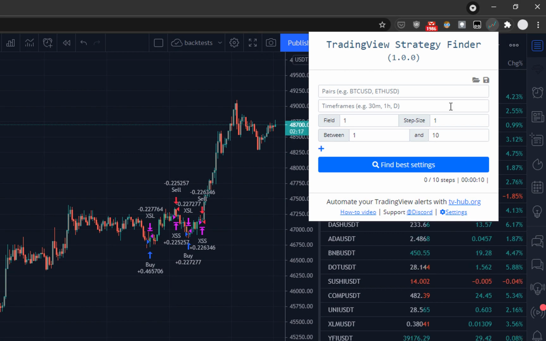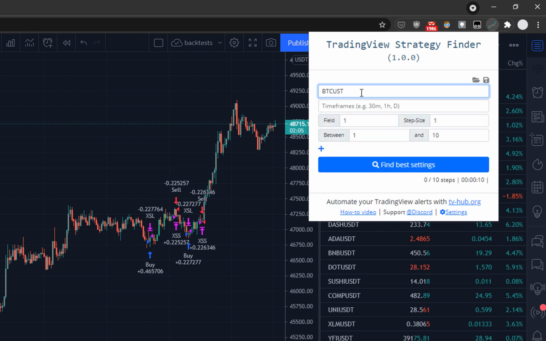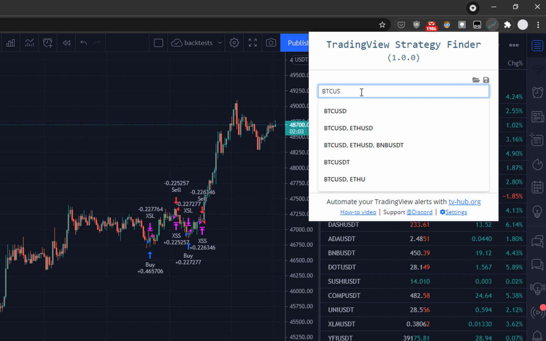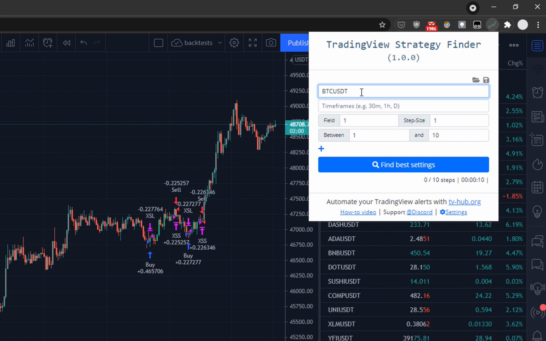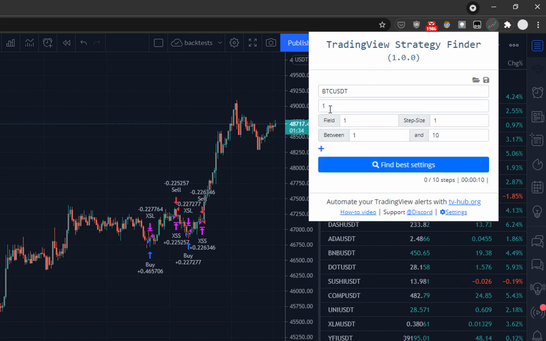Now back to the Chrome extension UI. First, you need to specify your pair that you want to trade. So like BTC, USD, or if you want to test multiple pairs in a row, you can just separate them by comma, like this. Next, you have to specify your time frame, and you can do it just by typing